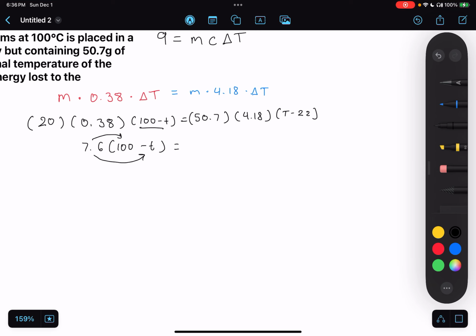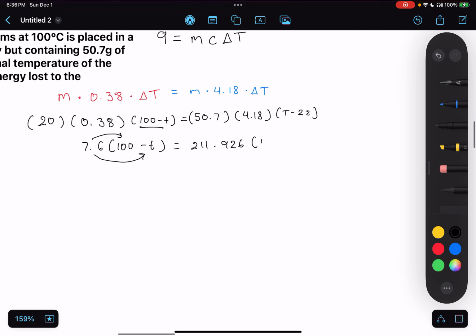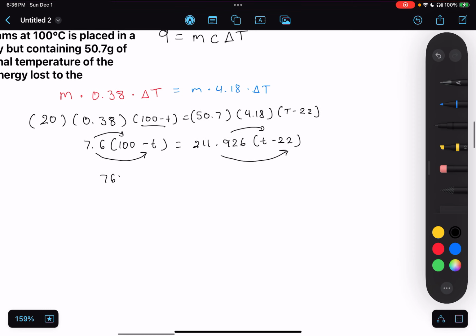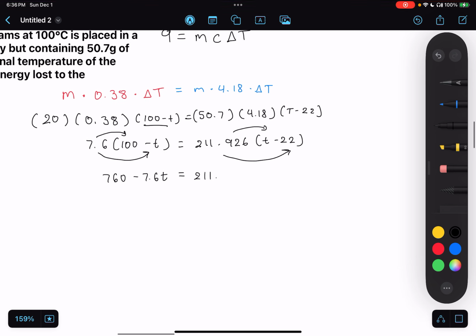Okay, there we go. That's going to be equal to 211.926(T minus 22). And now remember, we can also do a little distribution here. Okay, so that means that for 7.6 times 100, we got 760 minus 7.6T equals 211.926